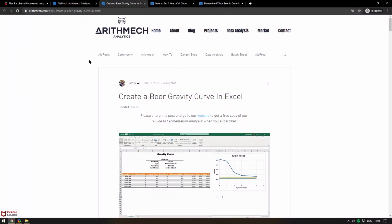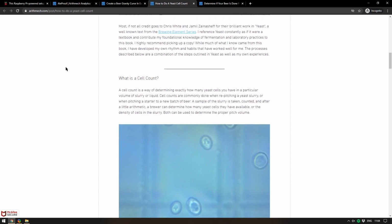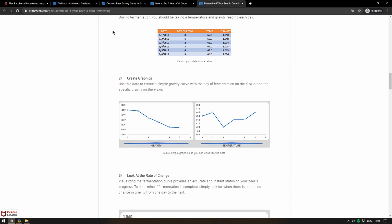And there's a lot of interesting stuff on here to do with creating a gravity curve in Excel for your beer and how to do a yeast cell count, which is something that I didn't even know existed, I'm not going to lie, until I was doing a little bit more reading up about this. This is something that I'd like to spend a bit more time reading about, and I can sort of see maybe, again, I'm speaking completely hypothetically here,